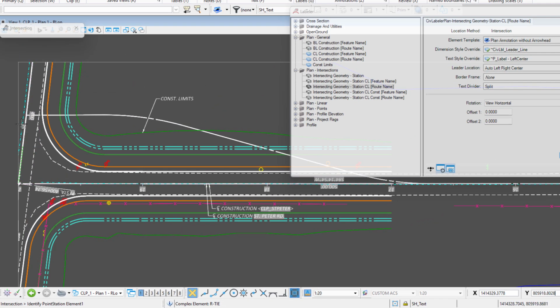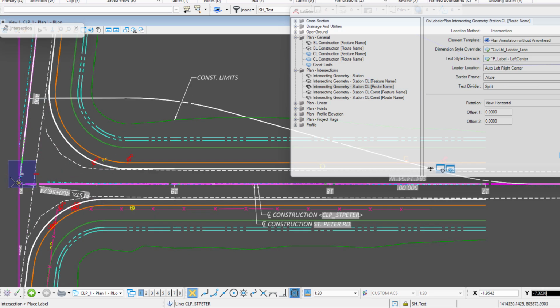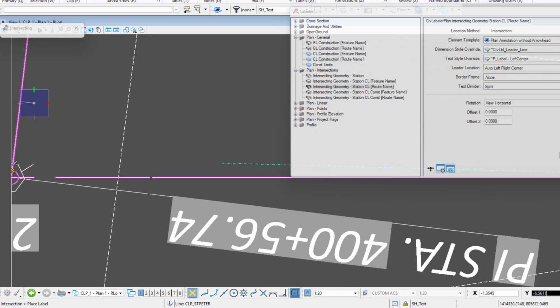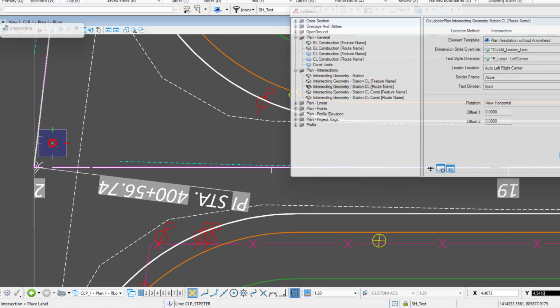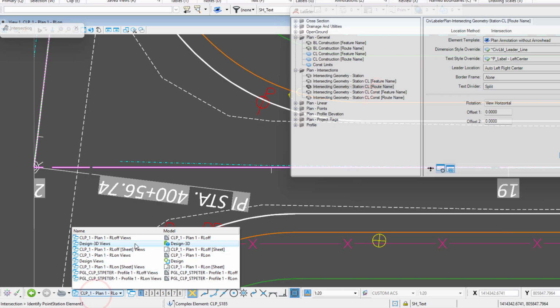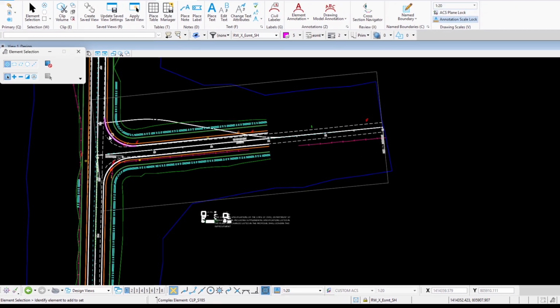So it's just asking us where we want that first element to be selected, and then it's going to ask for our second one, and then we'll data point to select that intersection, which, since it's off the screen on this one, it's probably not going to find it. But if I was to do that, if I go into the design model to show this, if we go in here,